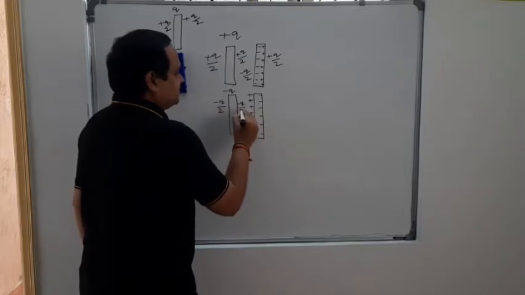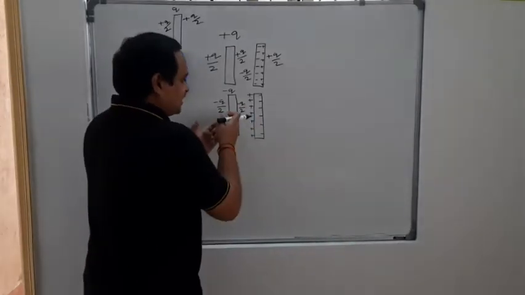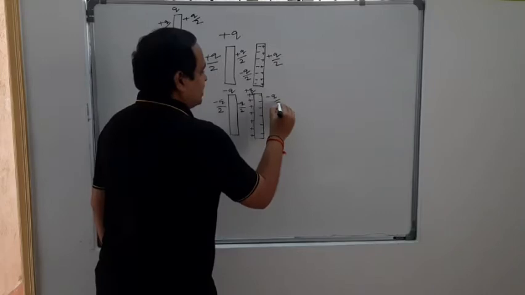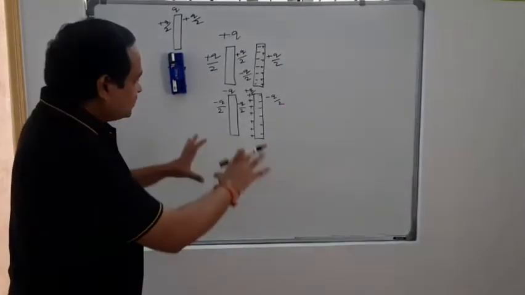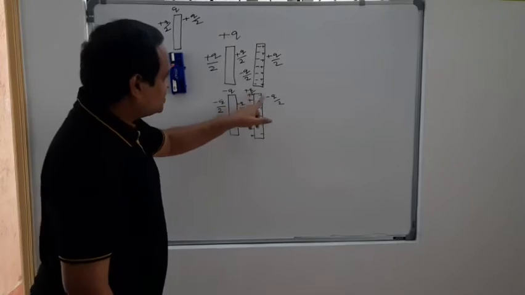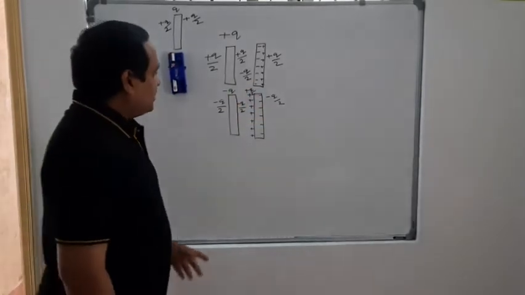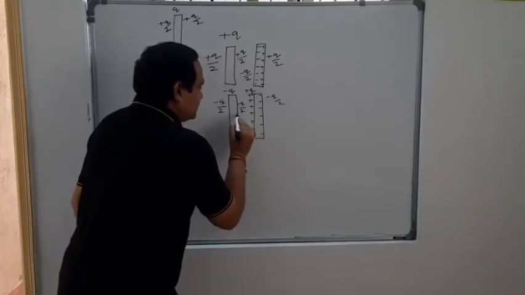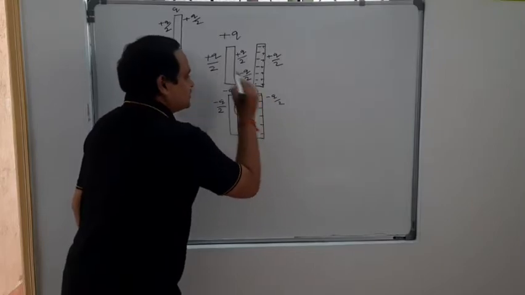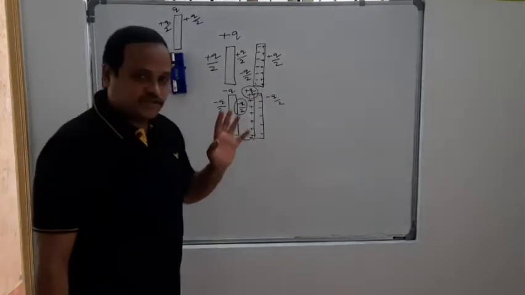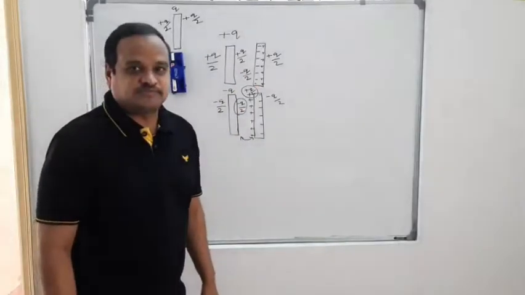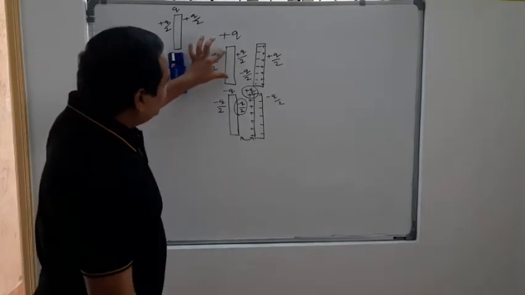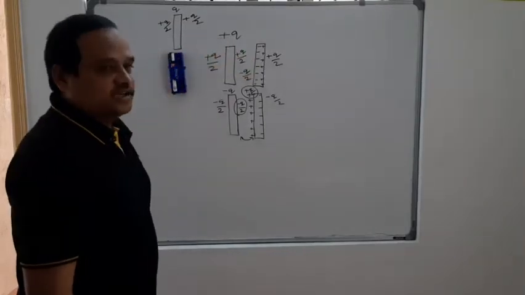This is minus Q by 2 and this is minus Q by 2. Now the charge acquired on the inner end of this will be plus Q by 2 and this is minus Q by 2. Now the total charge on this is balanced, that is plus Q by 2 minus Q by 2 is 0. And you understand the inner plates always acquire equivalent opposite charges. Is that right? Yes. This is what happens when a charged body is brought closer towards a neutrally charged conductor, right?